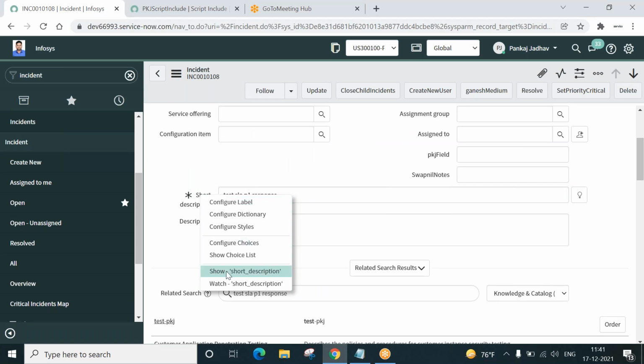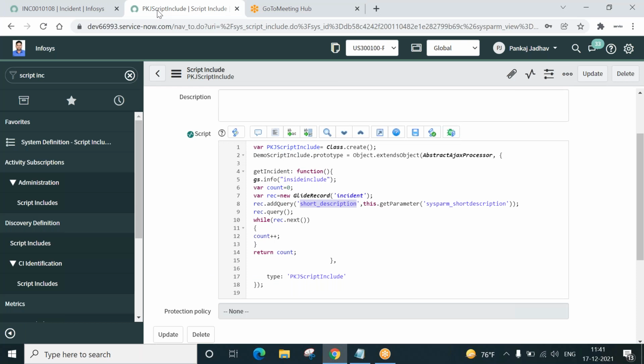So this is equal to whatever the client script has sent. Match it, find out how many records contain this description, and then iterate a loop with while rec.next. If there are 5 such incidents having the same short description, it will iterate 5 times. It will keep incrementing the count variable, and at the end it will return the count.